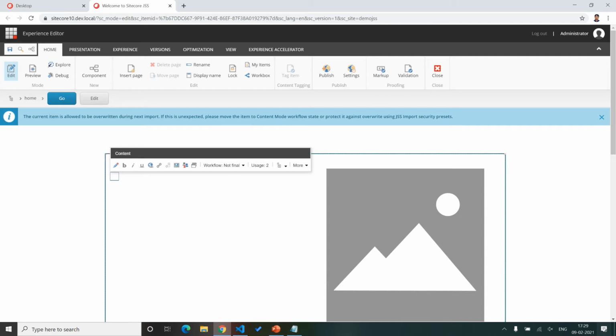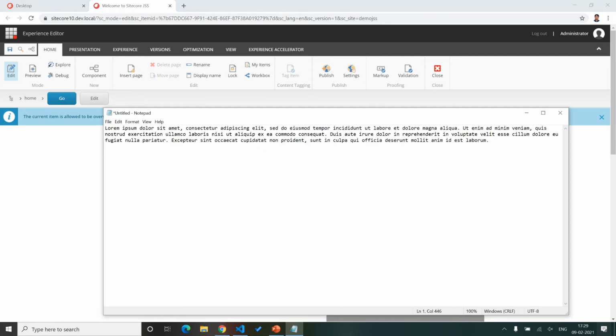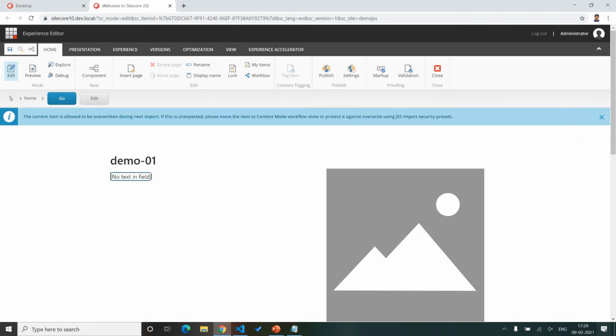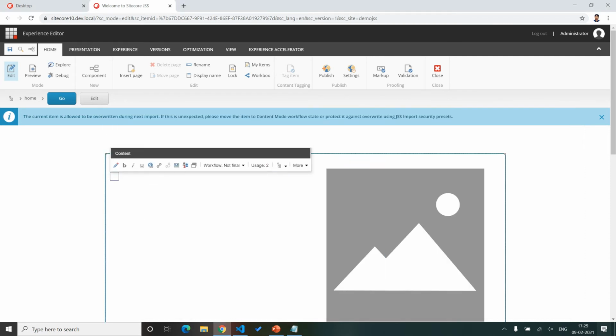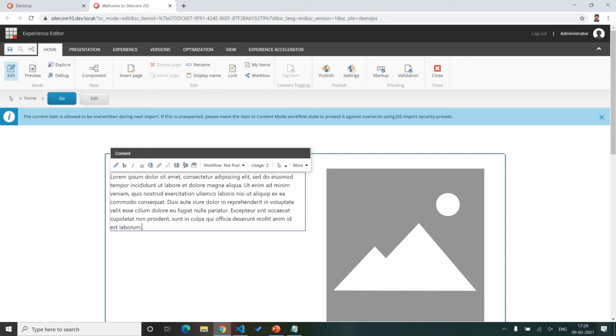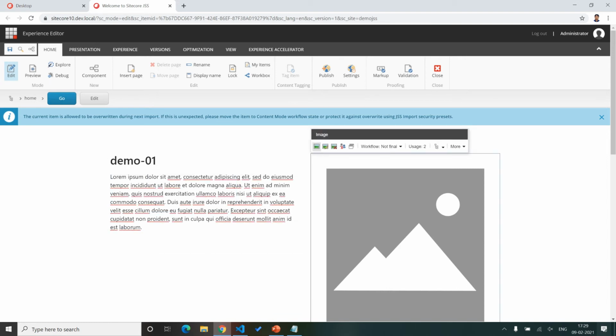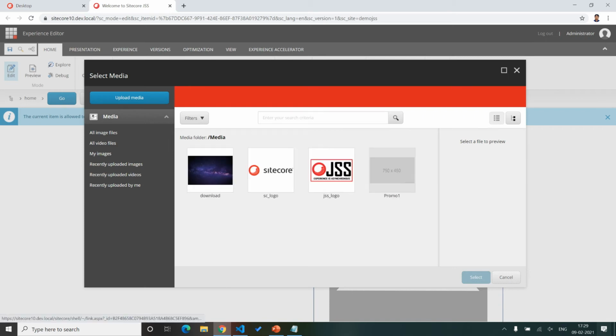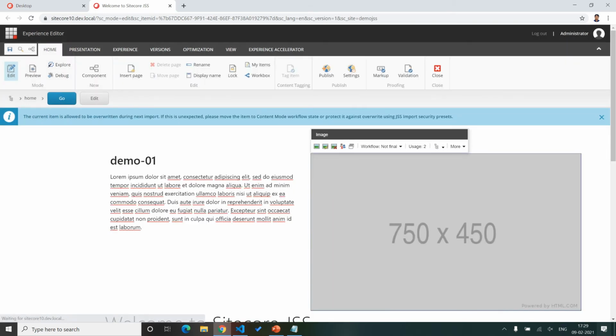Let me copy lorem ipsum and put it over here. Now let me select any image. So our component is successfully added on the home page.